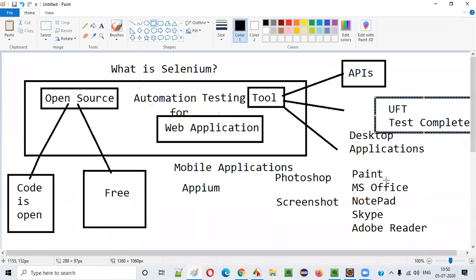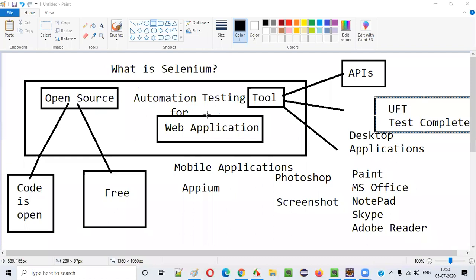That's right. In our day-to-day projects, whenever we get new client leads, there will be some discussions about whether we can go with UFT or Test Complete for automating the desktop applications. Generally, Test Complete is cheaper when compared to UFT, but it is powerful at the same time. But UFT has a lot of market. So there are some differences between UFT and Test Complete while choosing desktop application automation.